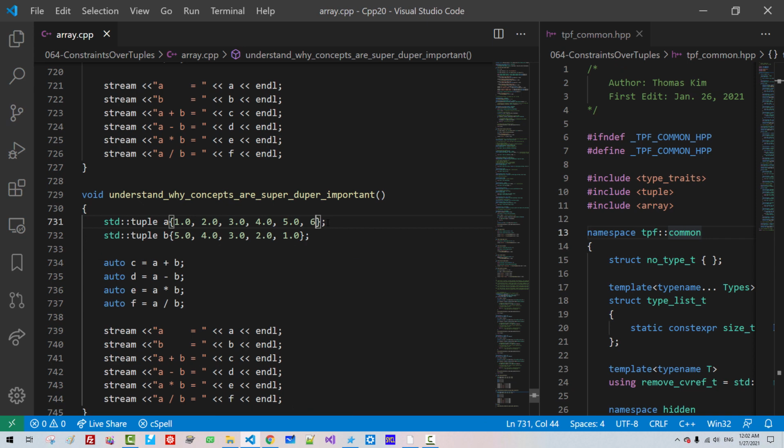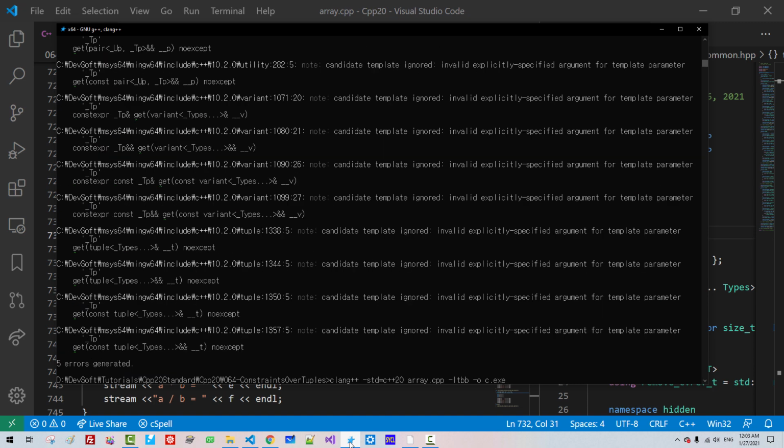Now I will delete this element, but here it is 3, it is 3.5. We build again.